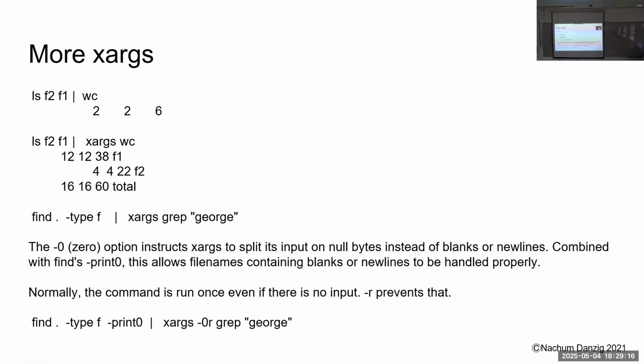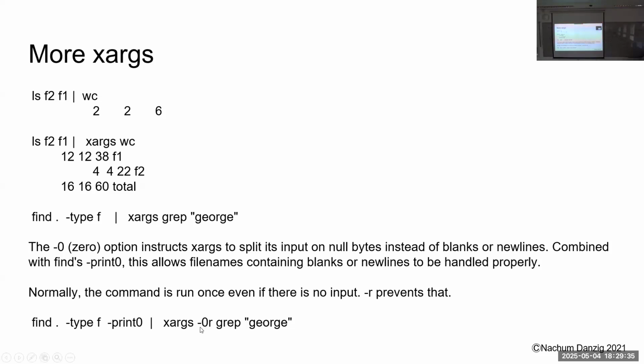And then print 0 means at the end of every file name, print a 0. That's what that means. And find, I'm telling it, print 0. Print a 0 at the end of every file name. And then there's a special